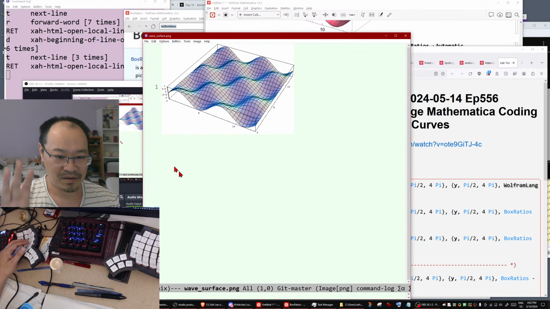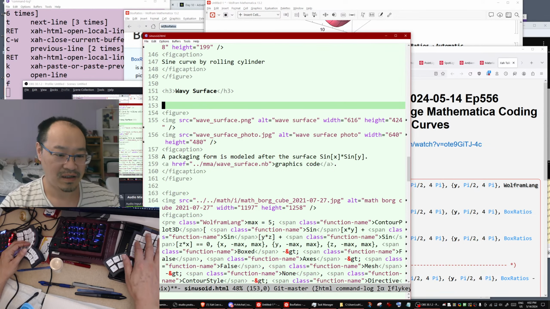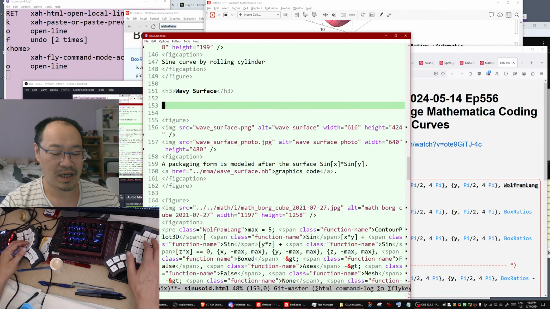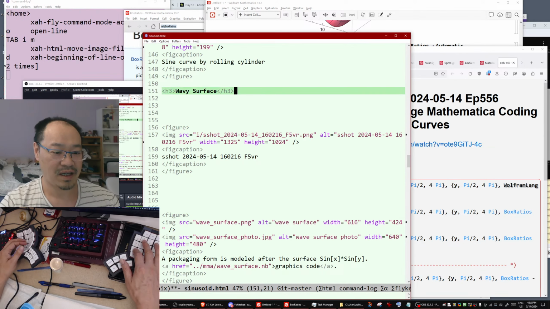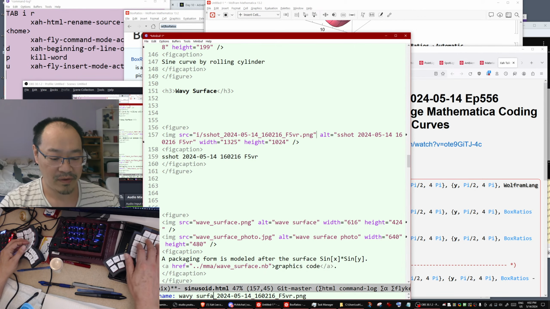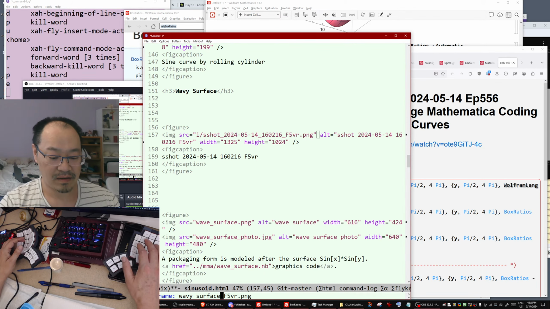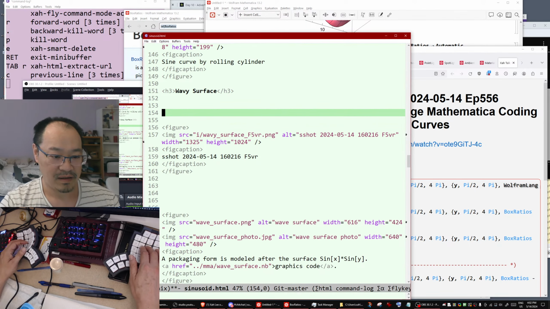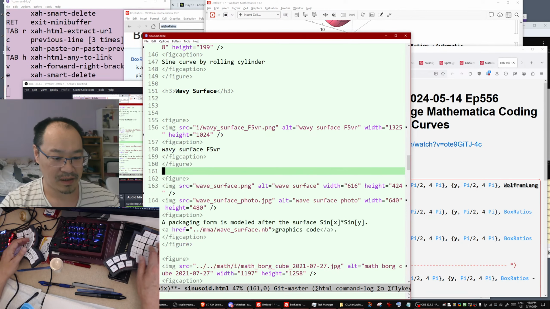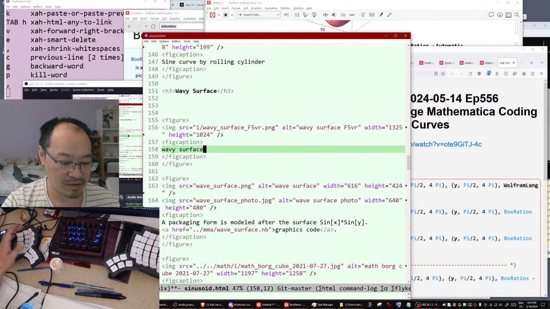Okay, so we're gonna replace that by, wait, so you need to add image. That is 1. Okay, so rename it wavy surface. Yeah, okay, so redo it. Okay, remove that and show in browser,